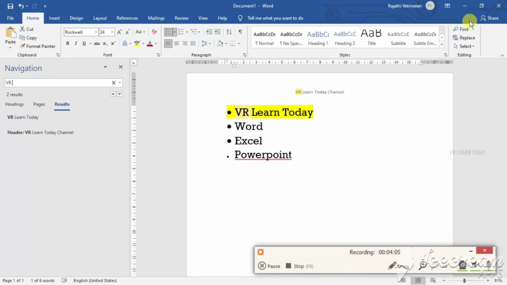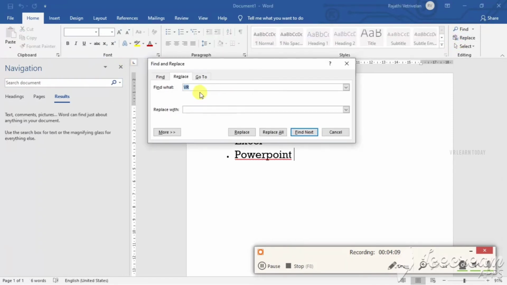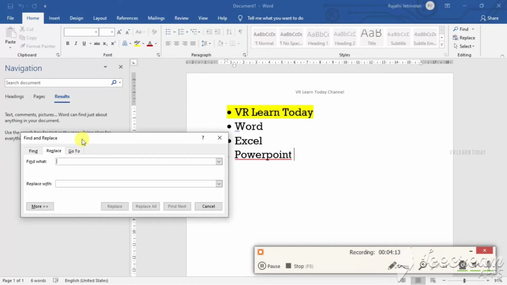Okay, so replace is nothing but, we have to find. Here we have to give the word or sentence which is available in the document. The word is already available, so I'm going to give 'word' here, and I'm going to change this to Microsoft Word.